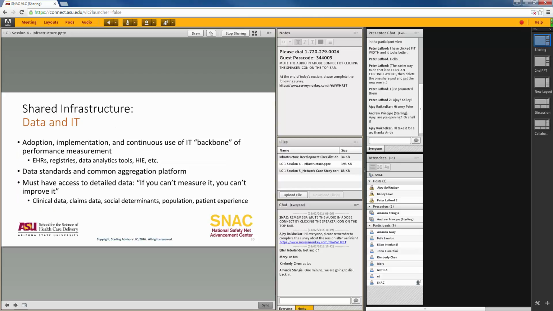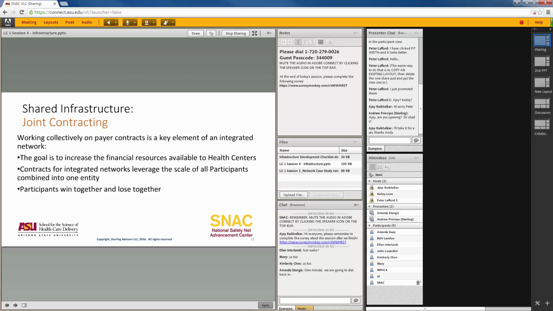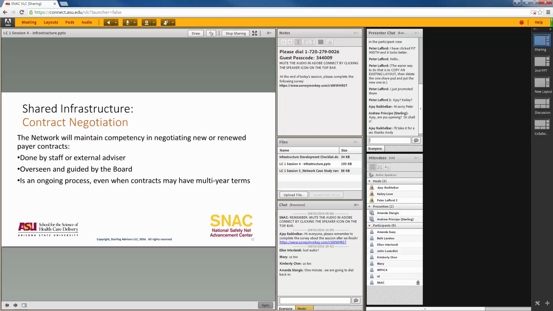Shared data and IT, we've talked quite a bit about EHR and registries, other data analytics tools. Some networks will get by simply with establishing data standards and then looking to do some capability of aggregation of data. Joint contracting is the last one, and that's really the one that's focused on obtaining the payer contracts that improve financial resources to all participants and create the integration around essentially improvement of clinical and financial outcomes. We've talked about